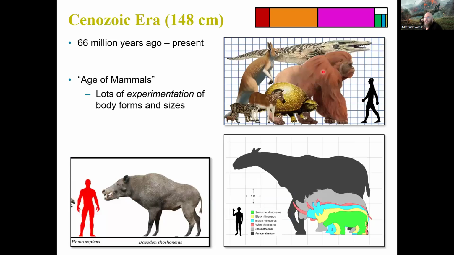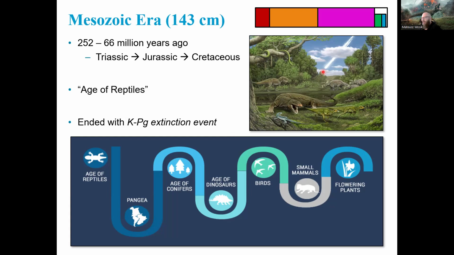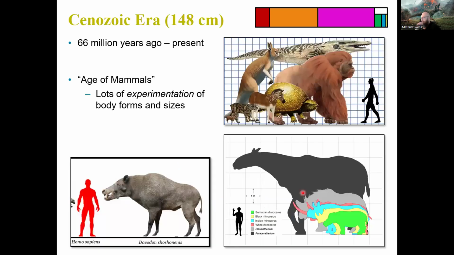And then finally, the Cenozoic. With that massive extinction, what results here is that now mammals take over. But if you notice on the previous slide, mammals were still around, and they actually predate dinosaurs. But what we end up getting here is, think of it like this: